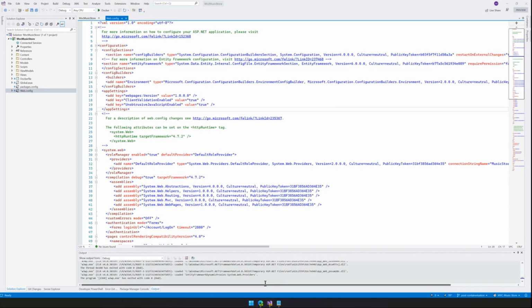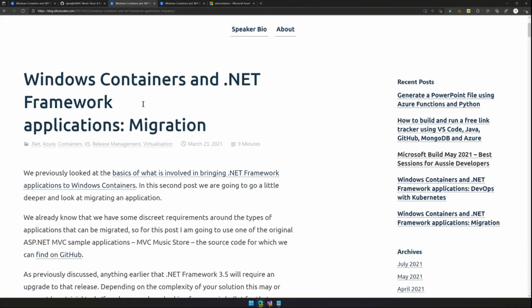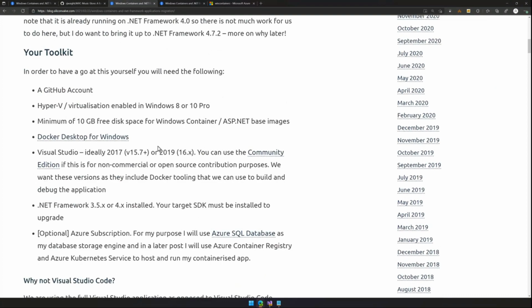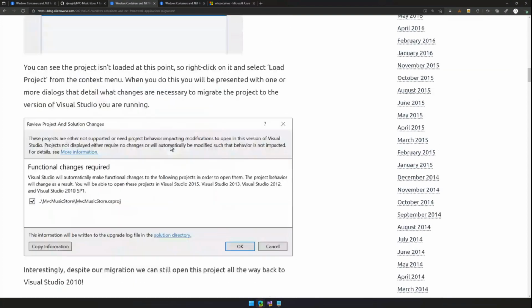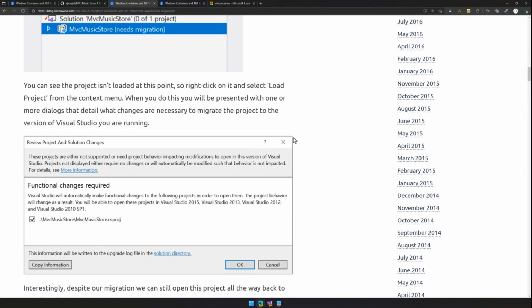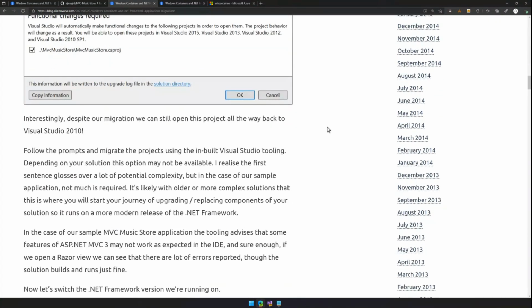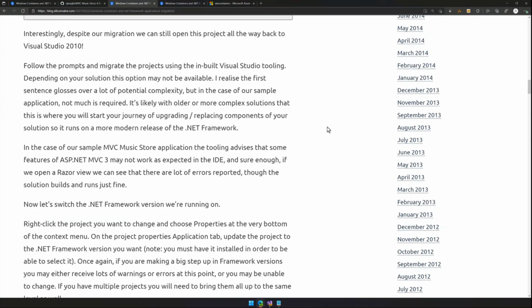So when I downloaded it and opened it in Visual Studio, what I got was the usual complaining from Visual Studio about, oh, you'll need to update the configuration. It wouldn't load because, hey, it's an old Visual Studio configuration, so that's not really related to the framework. So it just told me that it would make some changes. It'll still be able to work with older versions, yada, yada, yada. So I said, yeah, go ahead and do that. And everything magically ran. And then I got a bunch of broken packages that I had to restore.